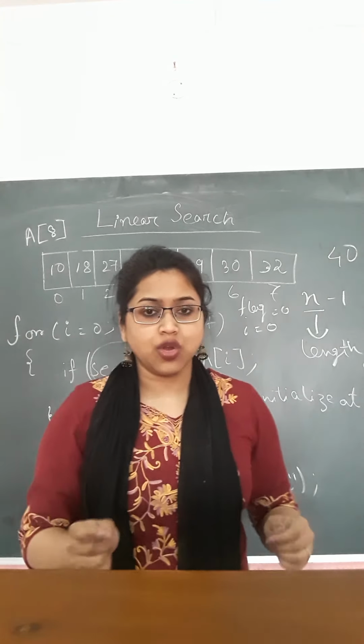So this is the whole concept of linear search. Why is it called linear? Because each and every time I am searching for the element in a consecutive way, not haphazardly, not from the middle or somewhere else. I am searching for the element from the beginning to the end in a consecutive manner. That's why it is called linear. First index 0, then 1, 2 and so on. So finally we will get the value for the searching element.